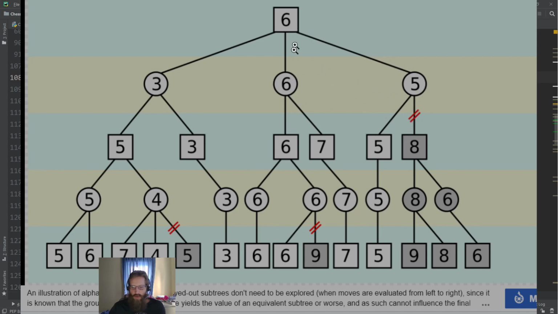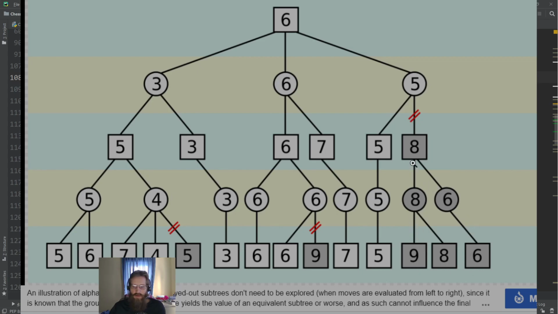This is the most important one. When we get to the end, we start to prune off a lot. So let's say we evaluate this. The minimum one we found in this was 3. The minimum in this we found was 6. Then as I get here, if I evaluate one branch and I find that that's 5, since we already have a 6 here and that 5 is less than the 6,